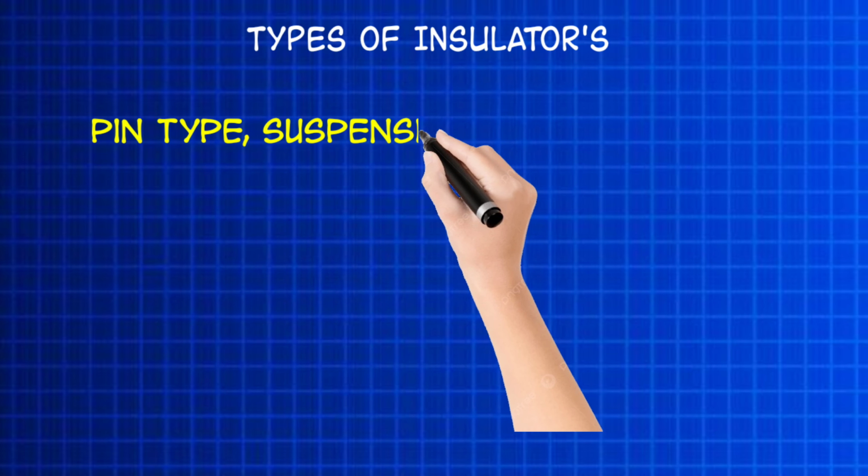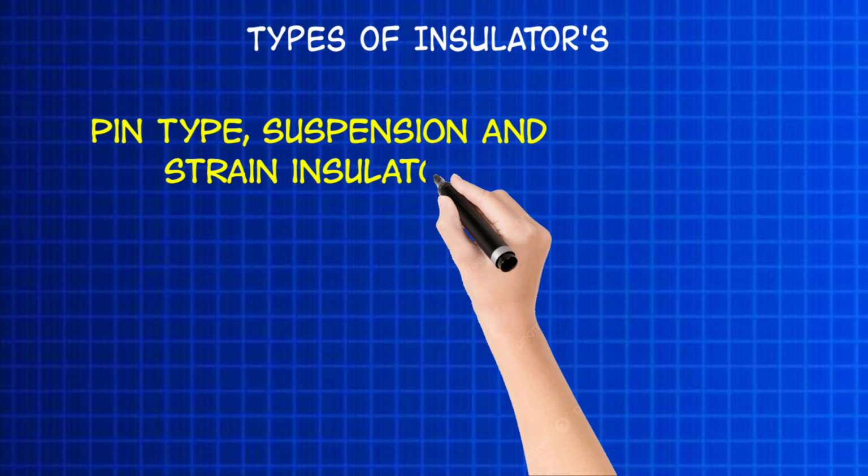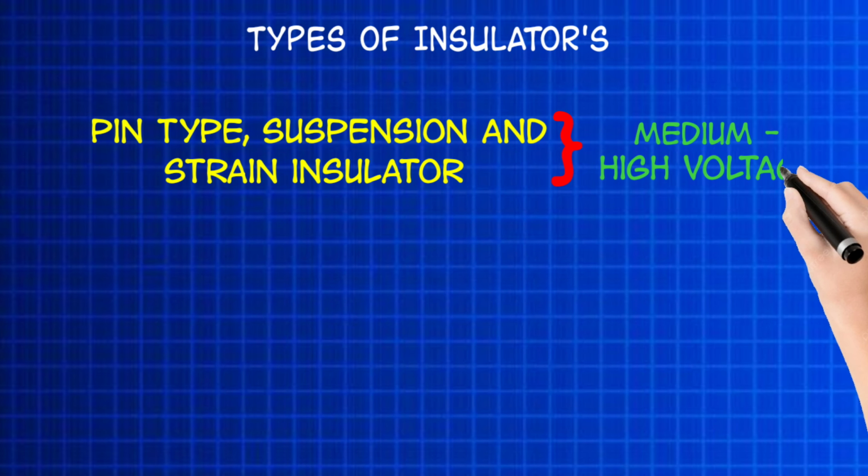Pin type, suspension type and strain type insulator are used in medium to high voltage systems, while stay type and cycle type insulator are mainly used in low voltage systems. The first type of overhead insulator developed is pin type insulator, and it is still widely used in power networks up to 33 kV. They can be made in 1, 2 or 3 parts based on the voltage